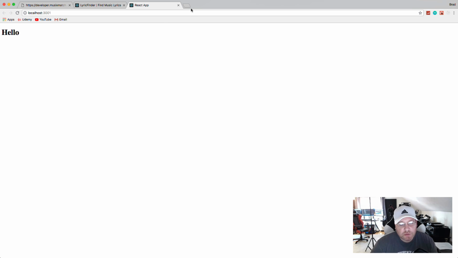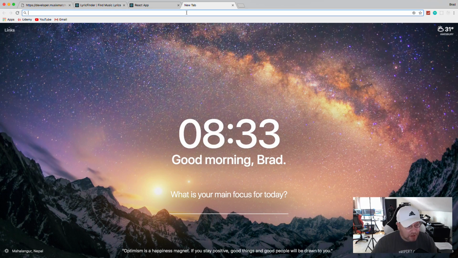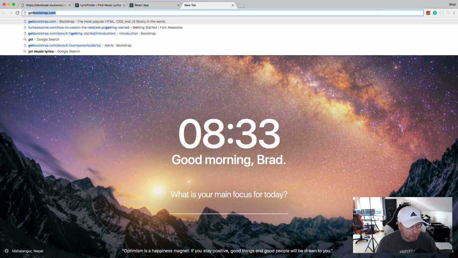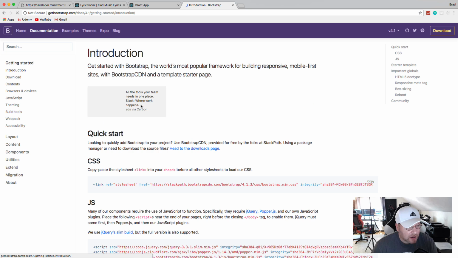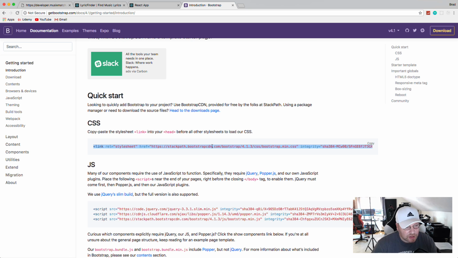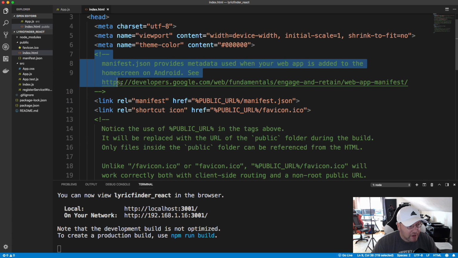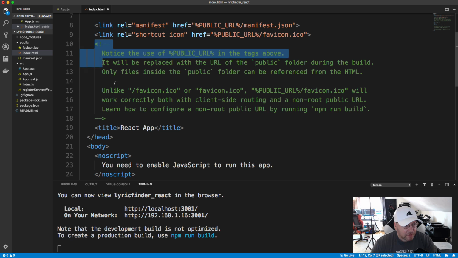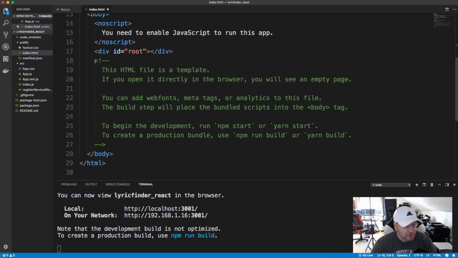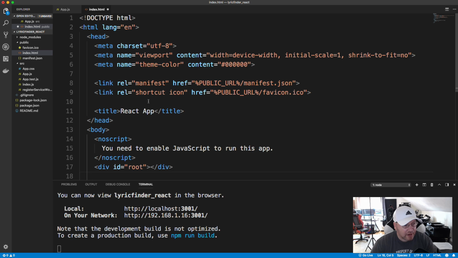Okay, so we are going to use Bootstrap and Font Awesome in this application. So let's go to Get Bootstrap and get started, and we're just going to get the CSS. We don't need the JavaScript for anything, so we'll just grab the CSS here, and let's go into our public index.html, and I'm just going to get rid of these comments. So we'll get rid of those, and I'll also change the title to Lyric Finder. We'll just put a little slogan here. We'll say find lyrics for your